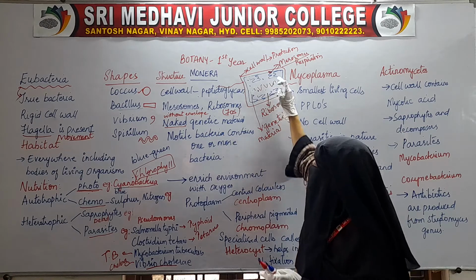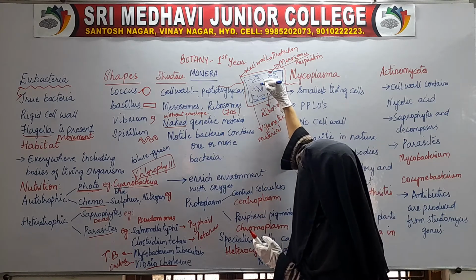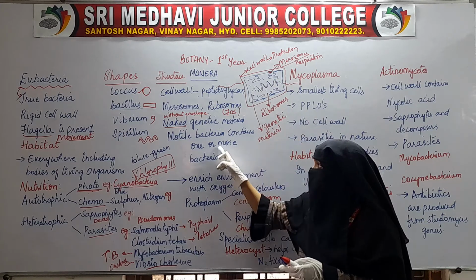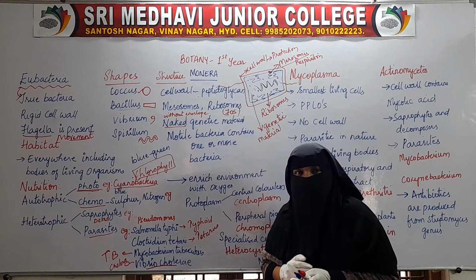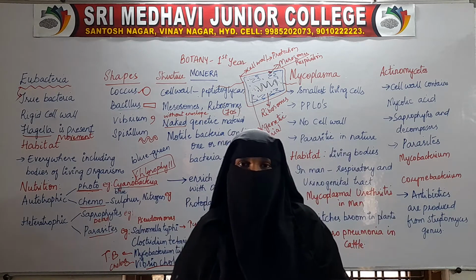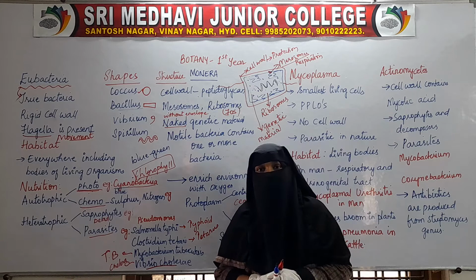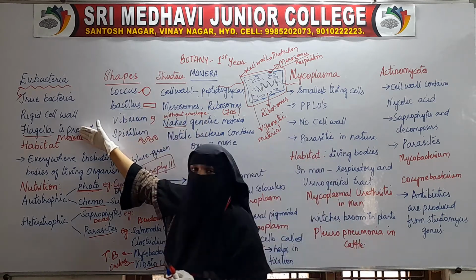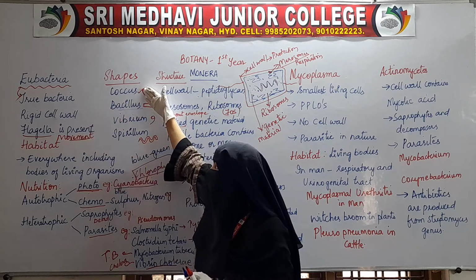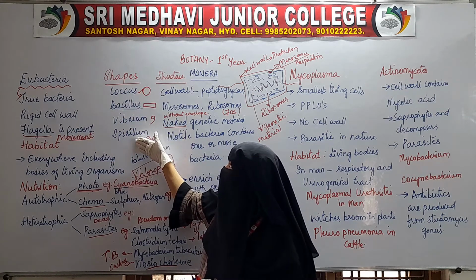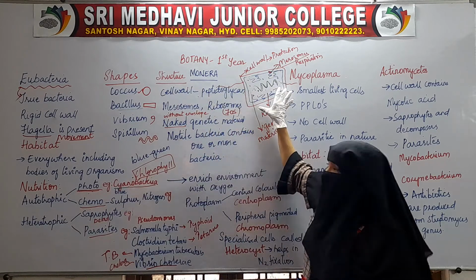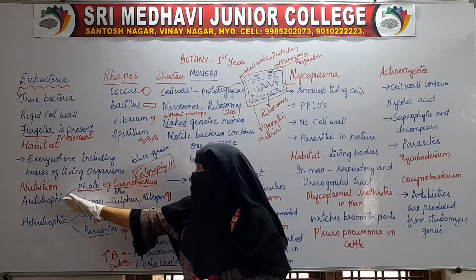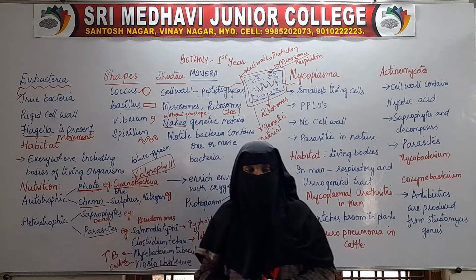Then we have genetic material, which can be DNA. Then flagellum may not always be present. In motile bacteria, flagellum will be present. So this was about the characteristics of Eubacteria: the shapes in which Eubacteria are present, the structure of Eubacteria, where these Eubacteria are found, and what type of nutrition they take,